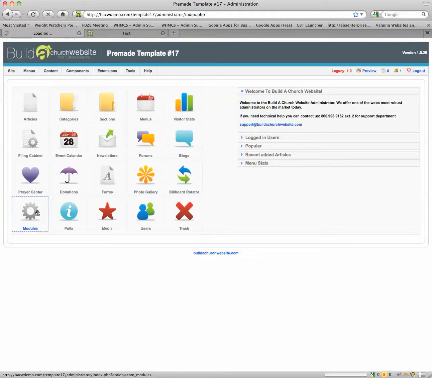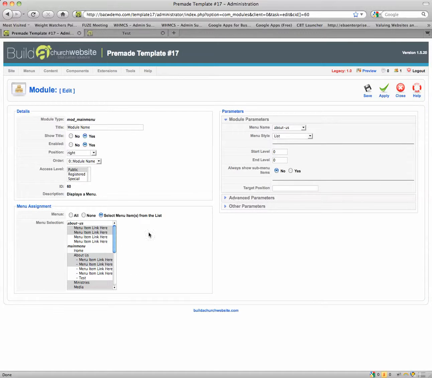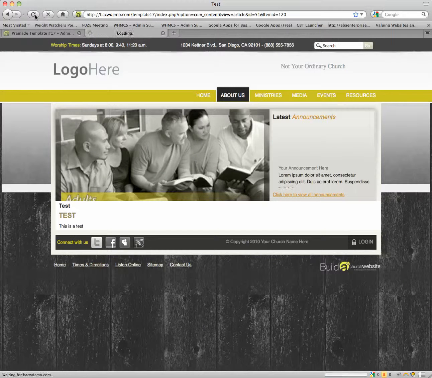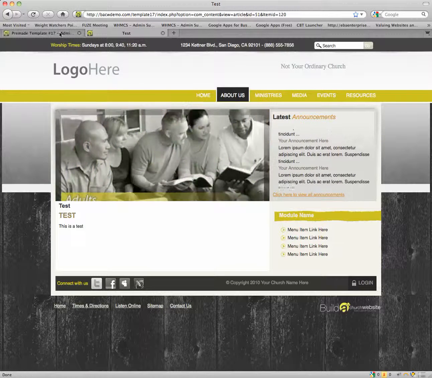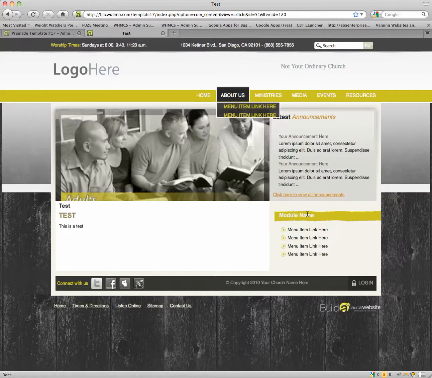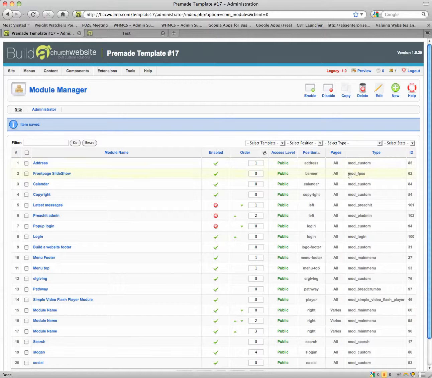We would go to Modules and see that we have a side menu here, and we may want that side menu to show up on that particular page. We would go here and we would highlight Test. See, we added Test here, so now this menu item is going to show up on Test as well. And if I click this and refresh it, now you can see that there's a module name here and the right menu showing up. Now you'll notice that Test is here, but it's not in this particular menu, so we can easily deal with that